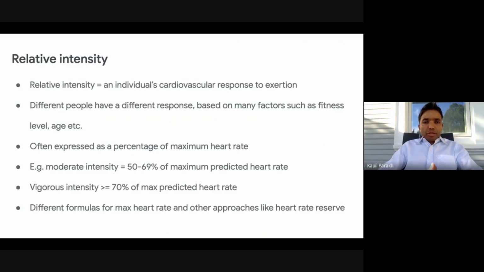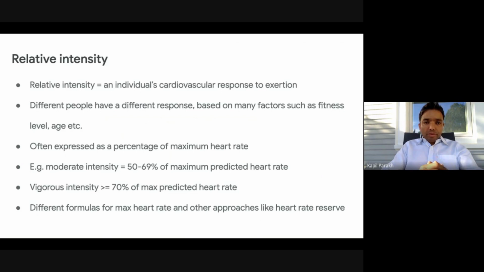This is captured by something called relative intensity. Relative intensity is an individual's cardiovascular response to exertion. So different people have a different response based on many factors, such as fitness level, age, etc. As an example, I have a friend who's an elite runner, and he does marathons and has been doing them for many years. For him, a 5K is something where he would barely break a sweat, whereas